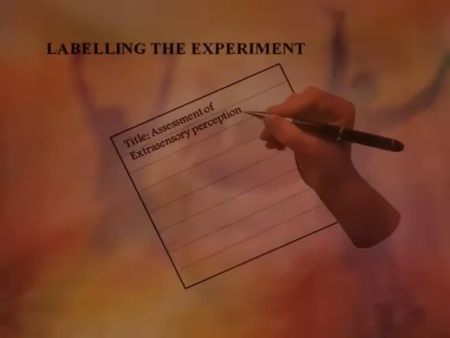Now we will come to what are the various steps in the experimental process, or what are the various steps in the method of experimentation. To begin with, the researcher must label the experiment. He should have some kind of title for his experiment which explains as to what he wishes to study. In addition to the title, he should also specify the time of the experiment and the location of the experiment.